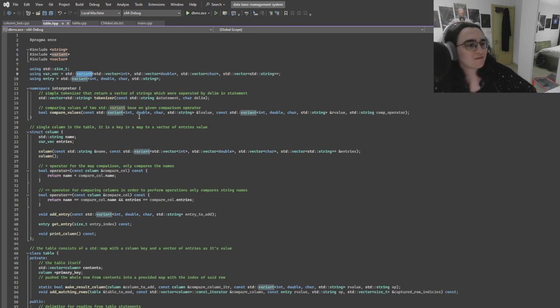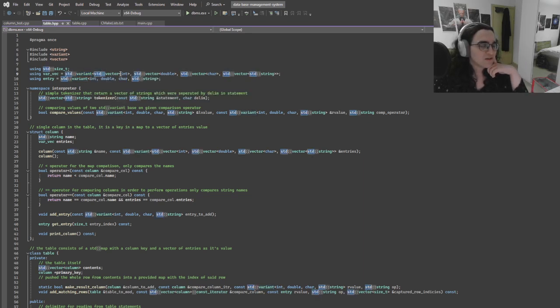I had a lot of problems with this structure and not a vector of variants. I started with a vector of variants because it was more intuitive, I guess. But someone pointed out in code review that